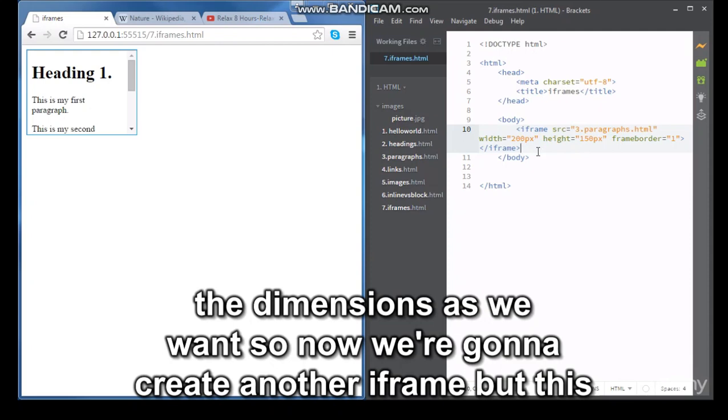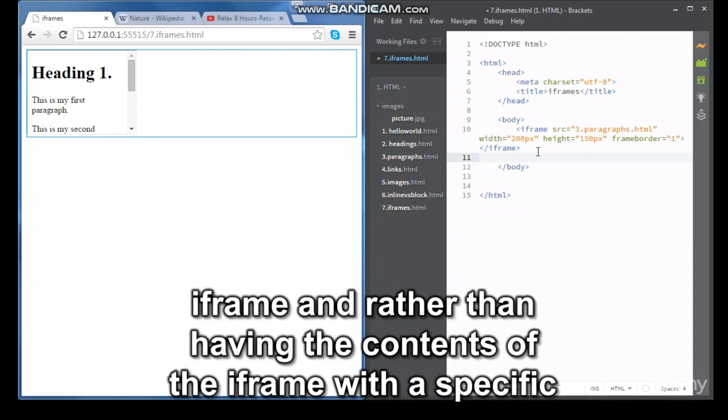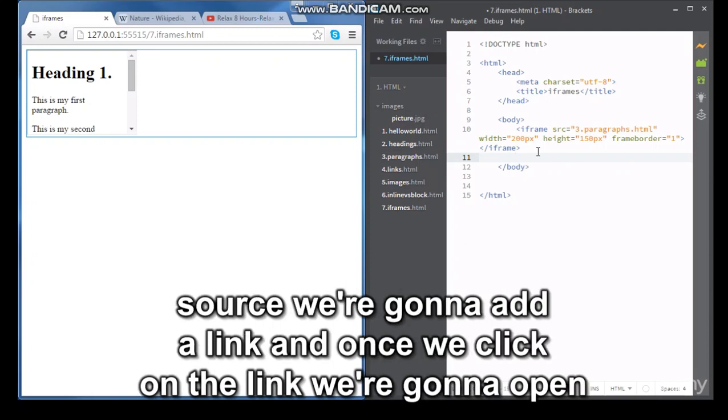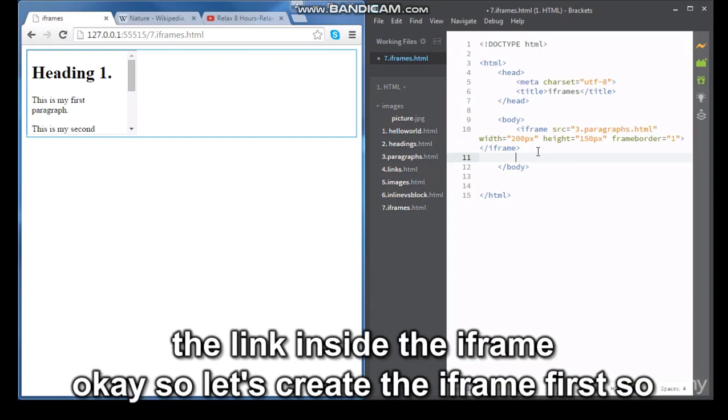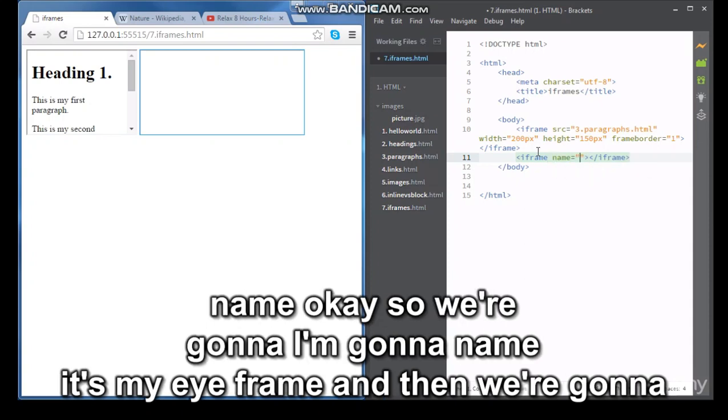So now we're going to create another iframe, but this time it's going to be a little bit different. So we're going to create an iframe, and rather than having the content of the iframe with a specific source, we're going to add a link, and once we click on the link, we're going to open the link inside the iframe. Okay, so let's create the iframe first. So we're going to use the iframe tag. Okay, and this time we're going to need to give it a name. Okay, so I'm going to name it my iframe, and then